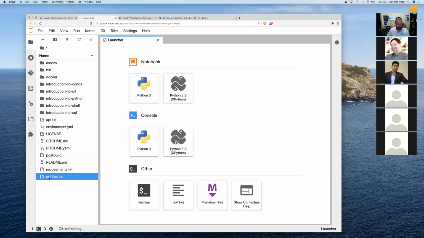So I'm editing. That's what edit mode does. The other mode, as I said, is command mode. If you're in edit mode, you can hit Escape and you'll be in command mode. In command mode, you can do things like